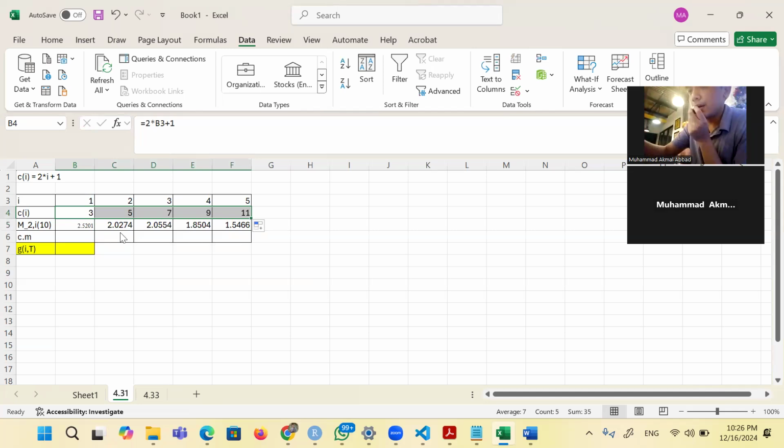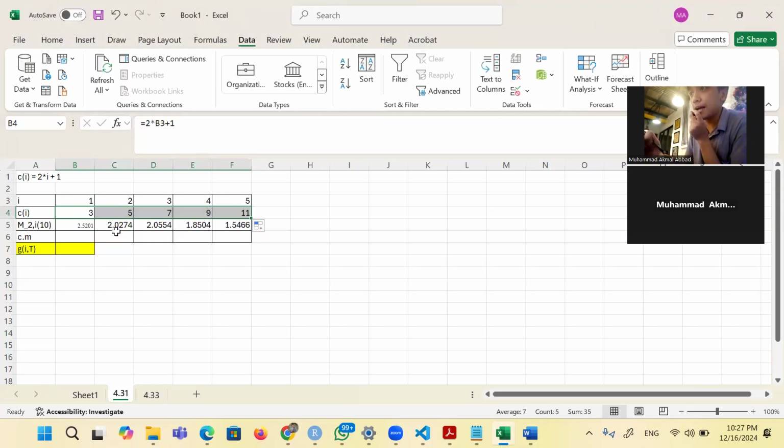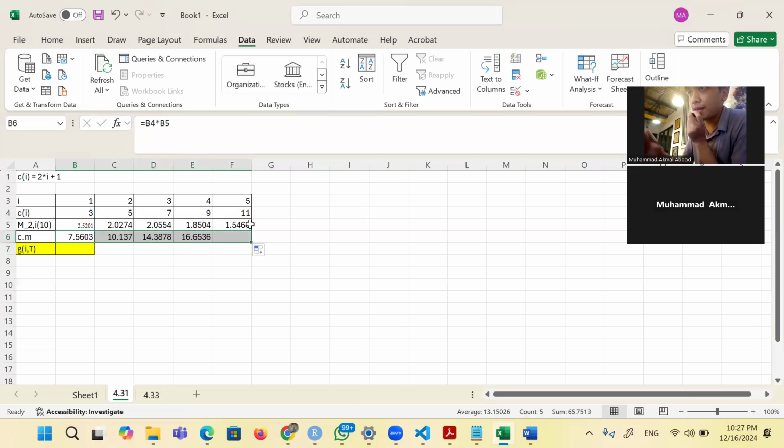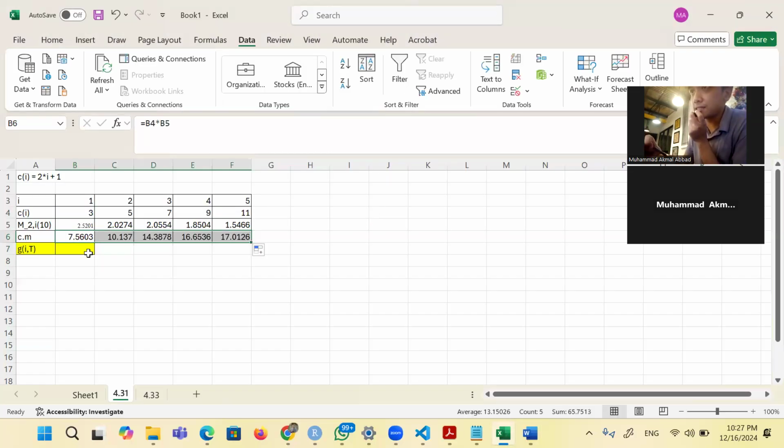And then we need to calculate G(2,10), right? So we need to compute C_j times M(2,j)(10) first. We just multiply this and this. So C_j times M(2,j)(10) is equal to this. And then G(2,10) is the sum of the values here.